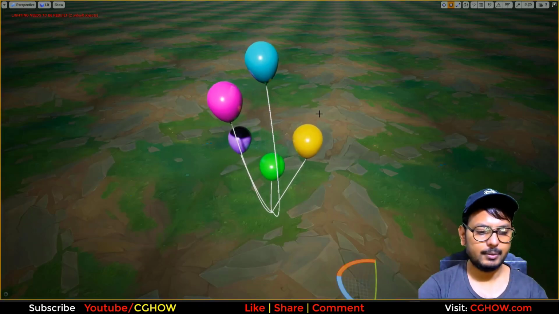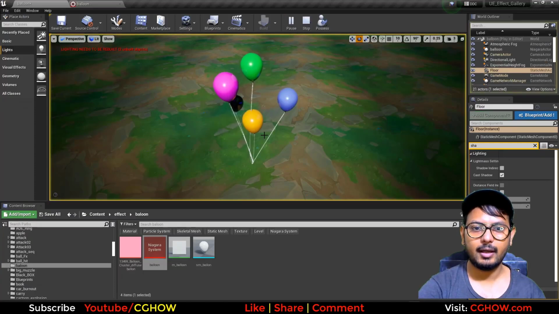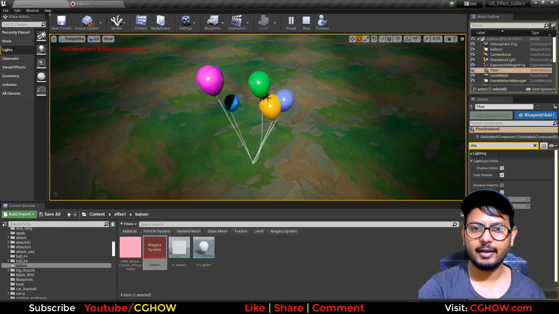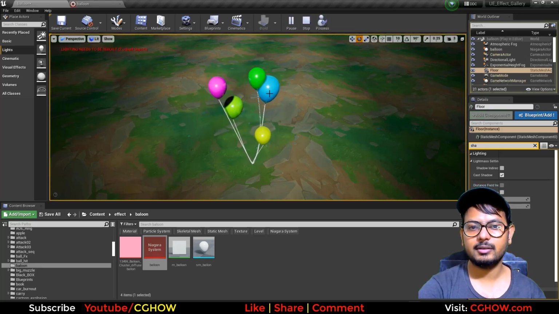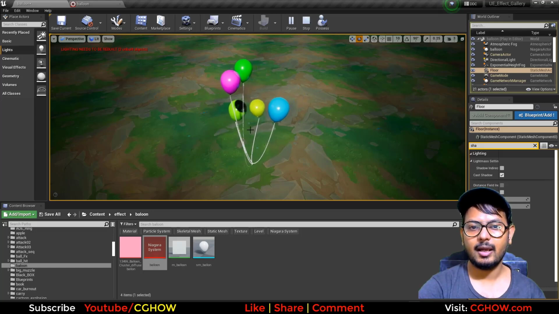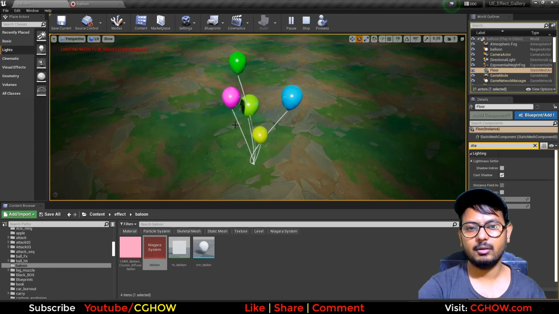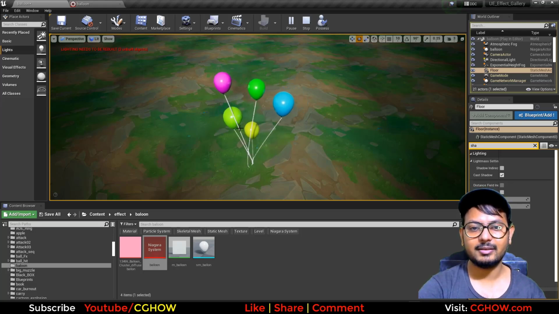So this balloon has a random color every time I hit play, and these are moving with this thread. This is not the best balloon setup, and you can see these are also intersecting with each other, but I'll show you how to create a basic setup like this